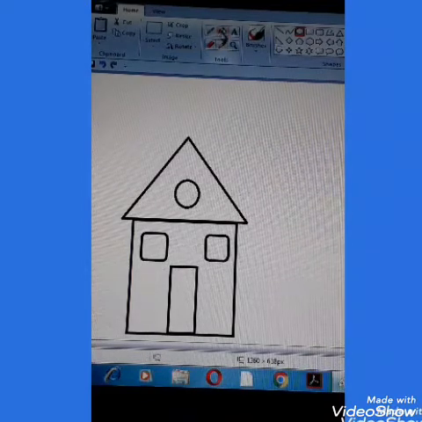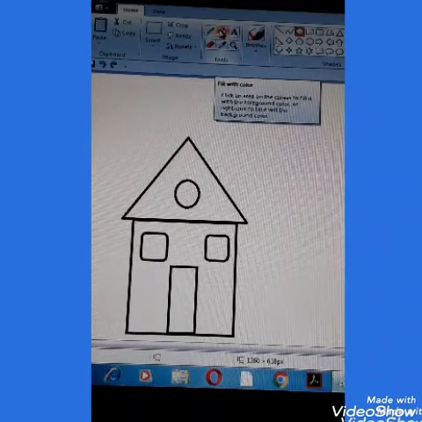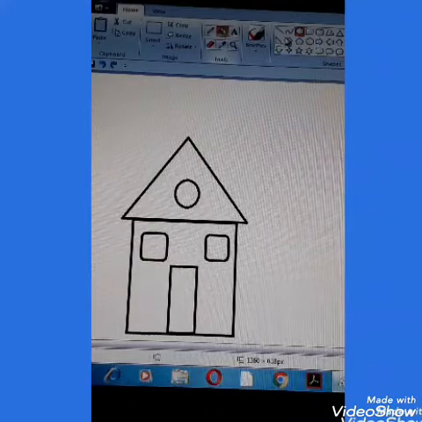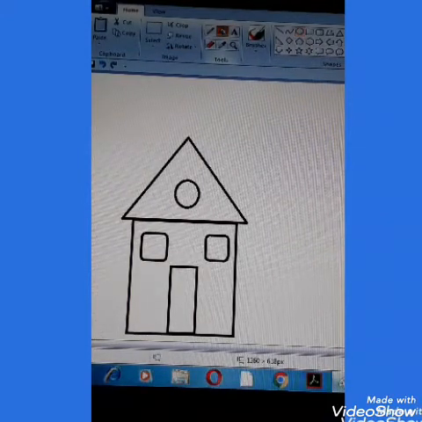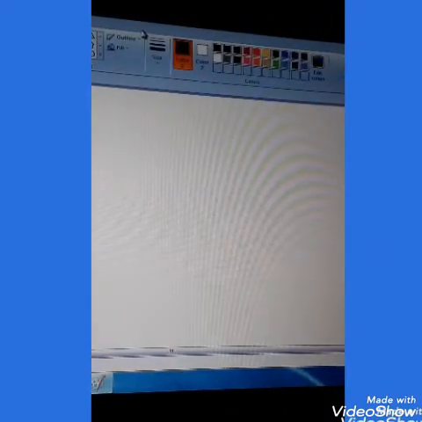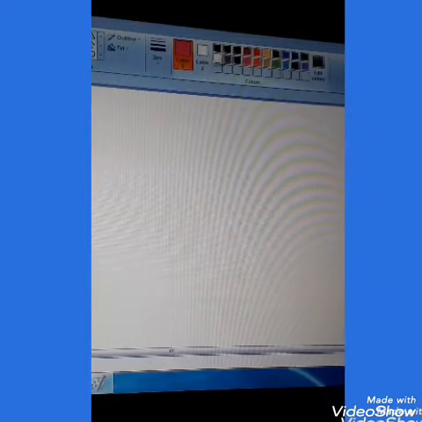As you all know, for coloring you have to take this fill with color, that is bucket. Fondly we call it the bucket tool. And now you have to click on the color. I am going to move to show you the color palette. You all know where it is, but still. Whichever color you want, you can select it like this. You can see this color one has changed.